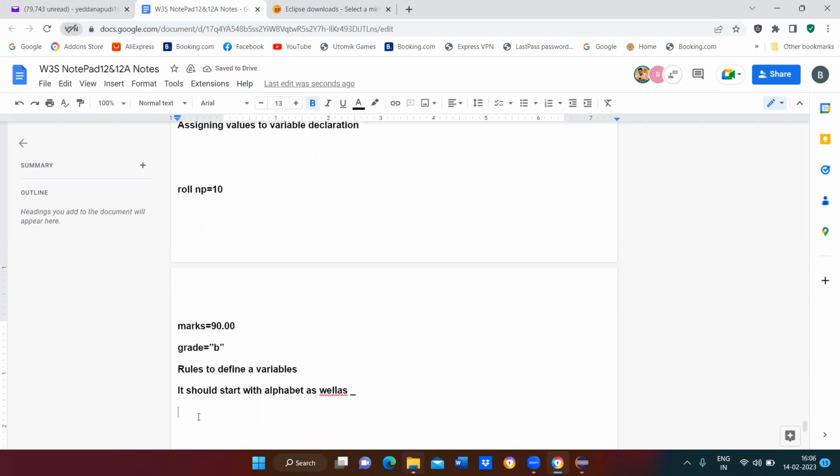Next, the first letter should not be a digit. The first letter should not be any digit. Next, after the first character, it may be a combination of characters as well as digits.